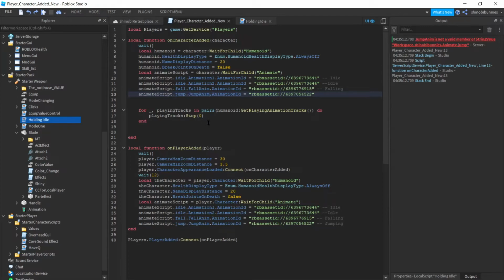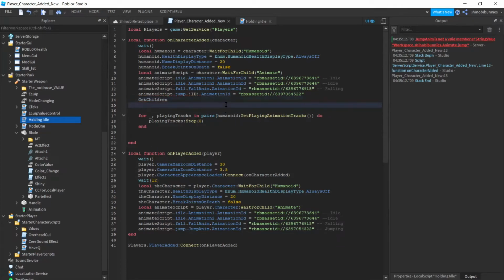Well, I came up with a method. I said, wait a second, the only reason why it's doing an error is because every time we're trying to find it, it keeps doing this. It keeps giving us this thing. So if we can't find it like this, why don't we just use this method here? Right? This is get playing anim track. And so why don't we just use, well, get children, or get descendants,